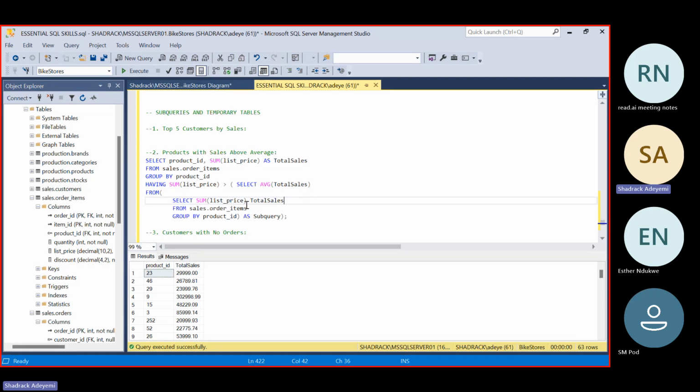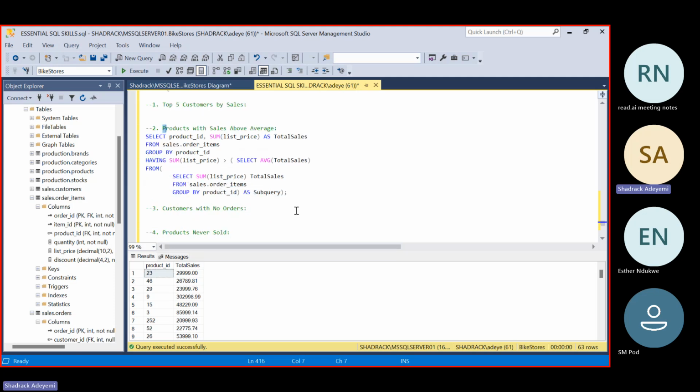So we take it bit by bit. Breaking this down bit by bit again, we had to first of all fish out the sum of our sales. Then we had to get the average of that, which is this. Then we had to find out the products that were doing better than the average, or above average. So that answers this question of products with sales above average. I think that's a question that is as complex as it can come.